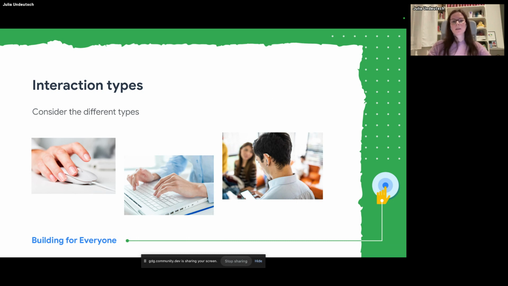And also, as I mentioned, listening while I'm reading can be helpful, even though you maybe do not have any cognitive or hearing disabilities. So you should always have all these different types of interaction in mind when you create content and when you create a web app.